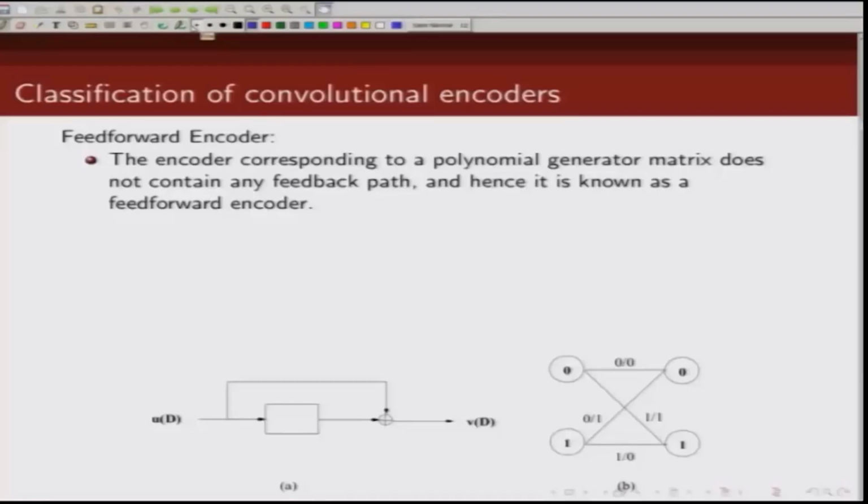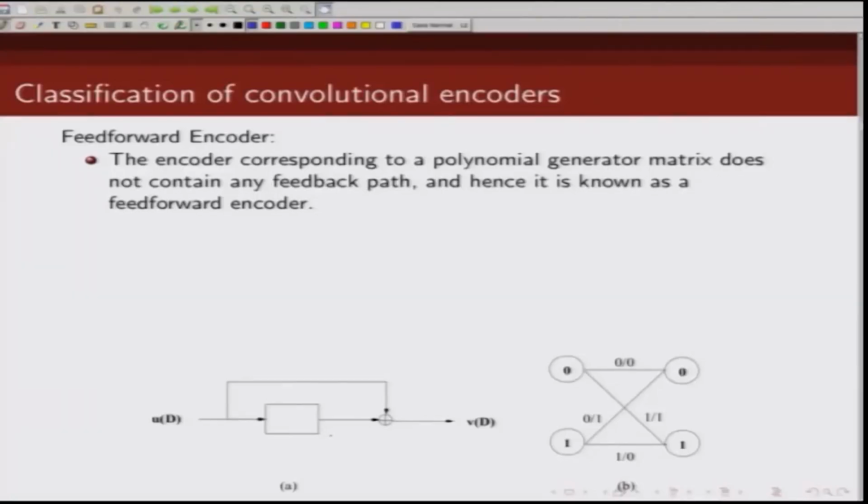The first type of encoder that we are going to talk about is known as the feed forward encoder. So, what is a feed forward encoder? The encoder corresponding to a polynomial generator matrix which does not have any feedback from the output to the input is known as a feed forward encoder. Let us take this example. This is our information sequence, and V(D) denotes our coded sequence. What is the generator matrix G(D)? In this case, it is given by